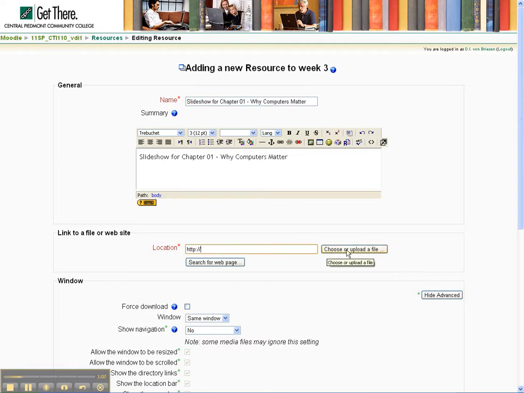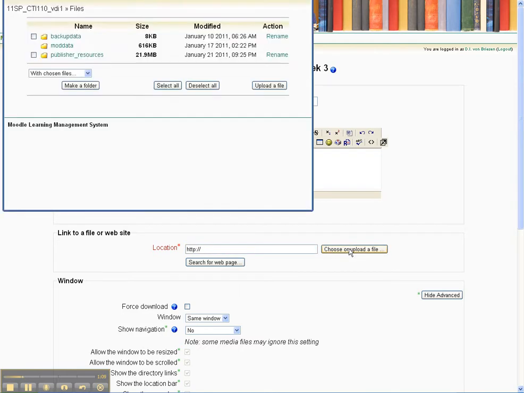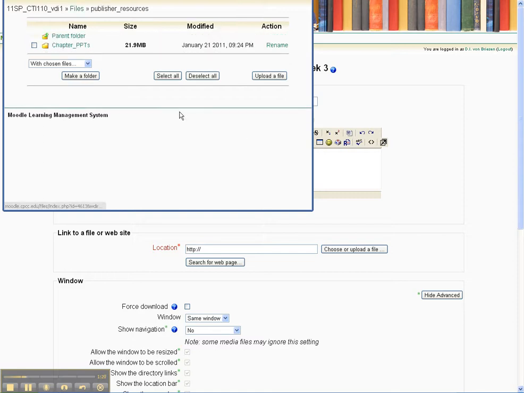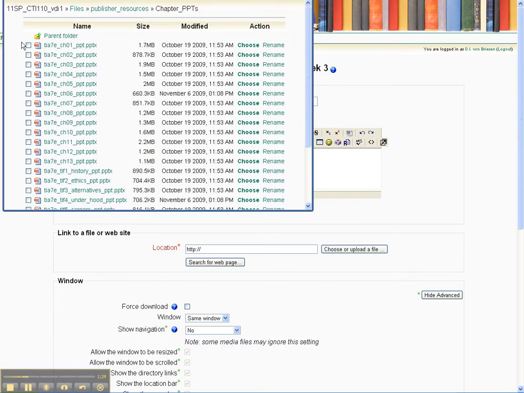So now under location it says choose or upload a file. It's silly, choose or upload, no matter what you click, it just takes you right here, and you'd still have to upload the way we did before, which is why with your files you want to always upload them first. So now we click on Publisher Resources, we go to Chapter PowerPoints, and in this case, a little confusing,